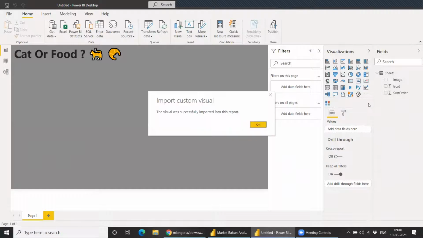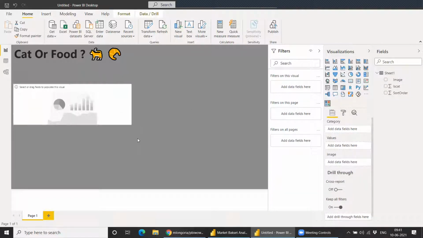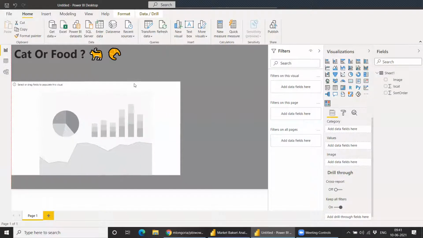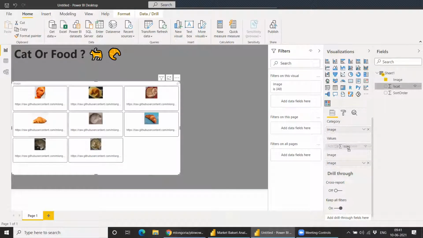And if you click on add, we'll just pull image into the category and image into image and isCat into values.